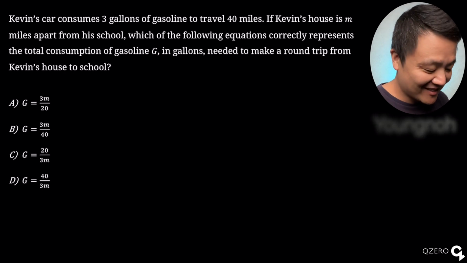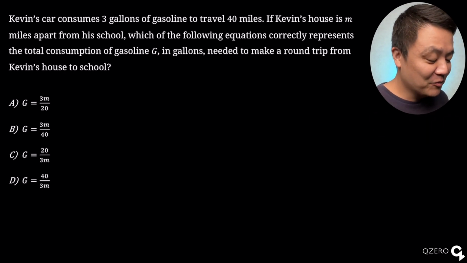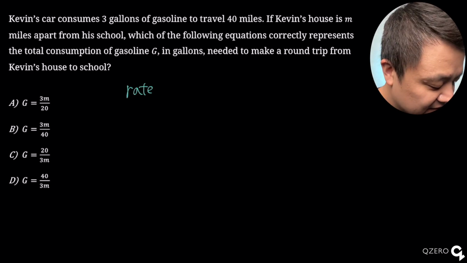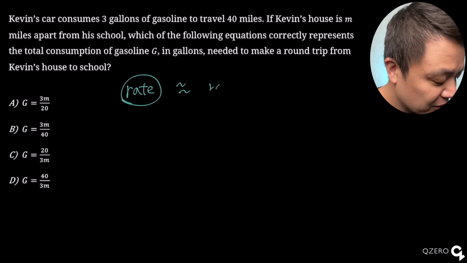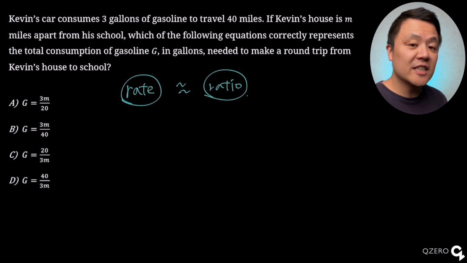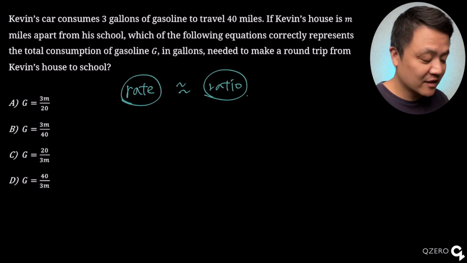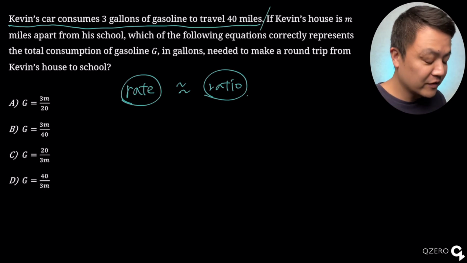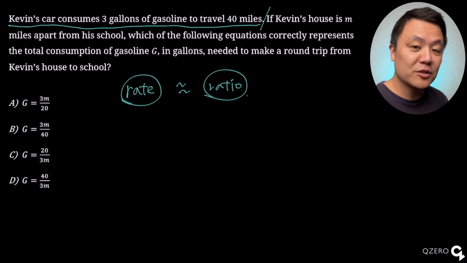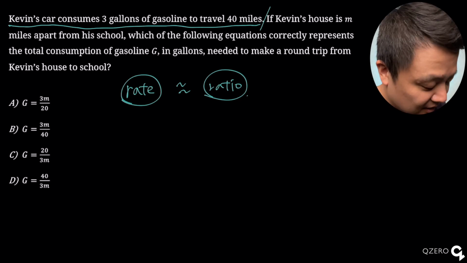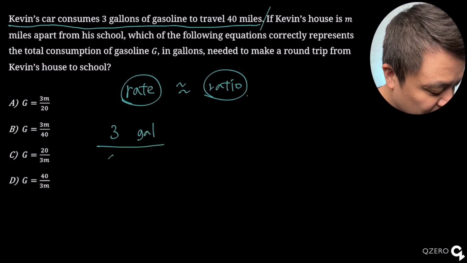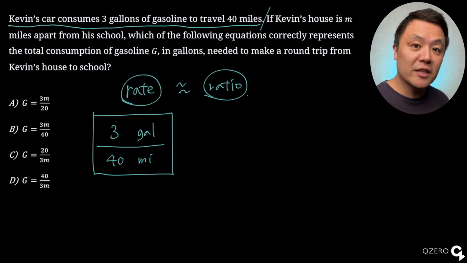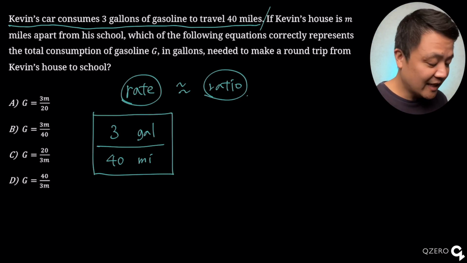Let's solve this question. Okay, in this question we have to learn about what is rate. Rate is just a ratio between two different quantities measured in two different units. In the first sentence, we have two quantities measured in two different units, and we can figure out the relationship between these two quantities. We have 3 gallon and we have 40 mile. So if you set up a ratio between those two quantities, then you can define a rate between gallon and